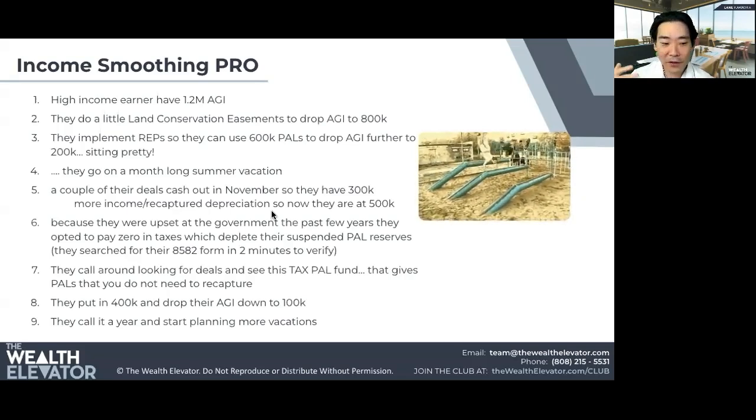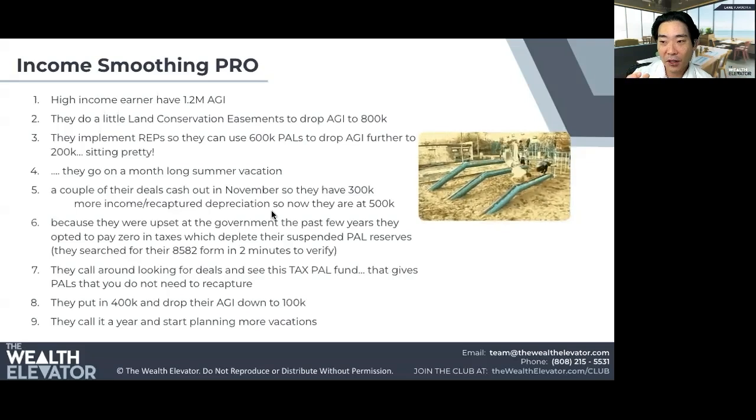Like my daughter, we like to go to Fun Factory. You play the games, you get the tickets. I think I got like 1,000 tickets on my card. I probably should let her buy some cool toys with it and just burn it up. But again, I'm a hoarder in that way. And same thing with my passive losses. I have a lot of passive losses that I just haven't really used and they carry forward.